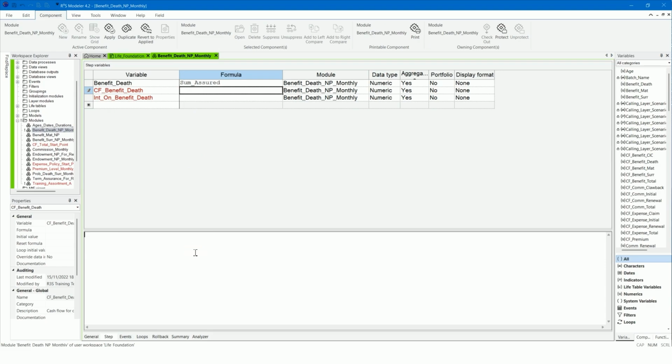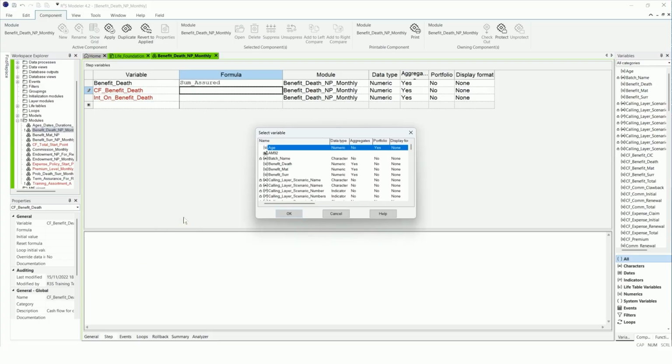Variable CF benefit death is the expected cash flow after applying the probability of death. Set the variable to the nominal amount times the probability of death.